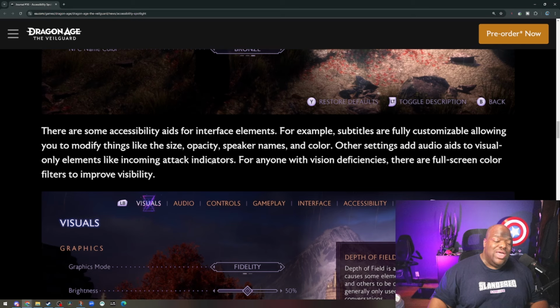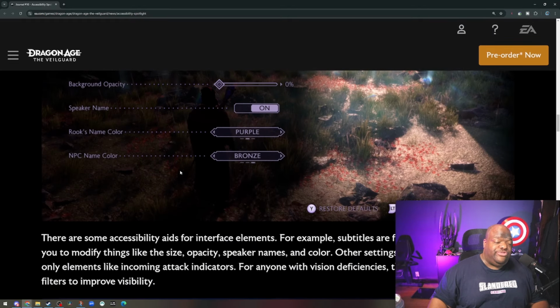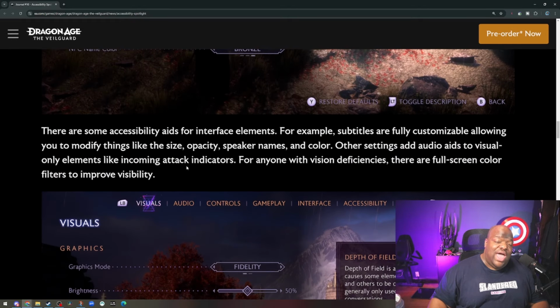Now, I know the attack indicators were a major thing that a lot of people wanted to turn off. And I haven't seen an option in this update that allows you to do that. I don't see that mentioned anywhere. So unfortunately, those long lines, I'm not sure whether that's an option to turn off. I know they released footage of the dragon fight where Mage was attacking a dragon, and you did not see those lines going around